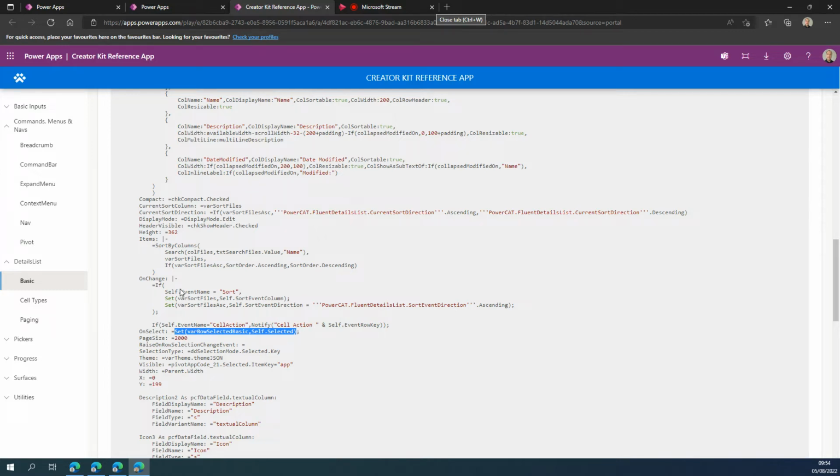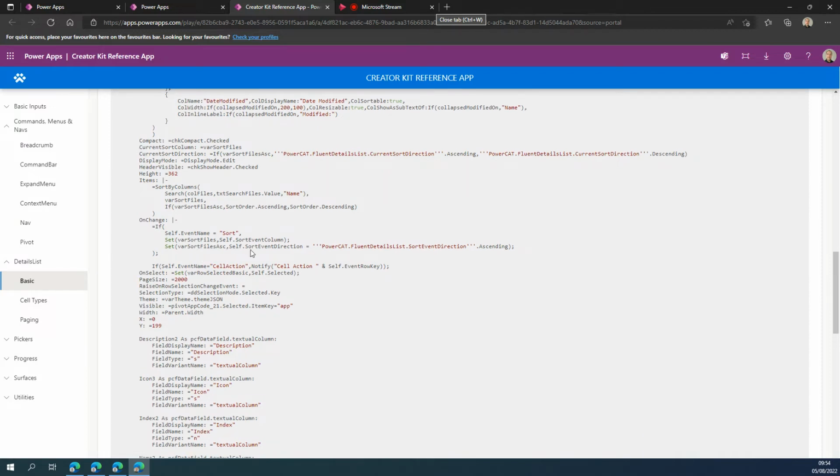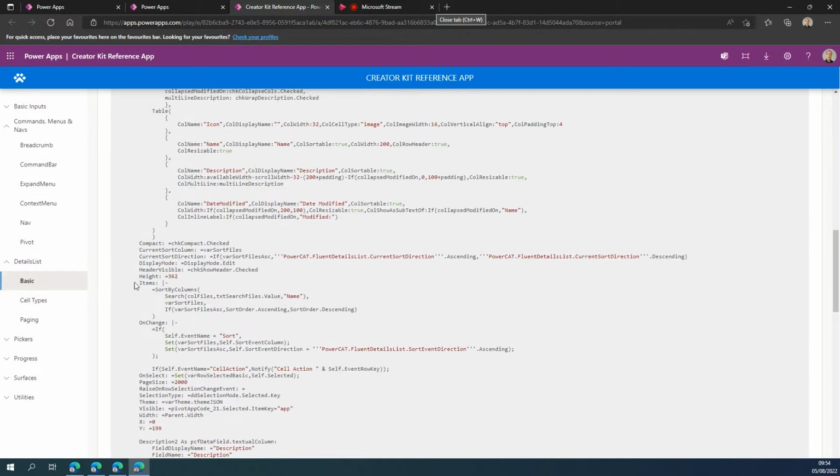But, and I could be speaking out of turn here, I'm speaking as I'm working through it in my head. The on change, similar to the self item key that we did for the pivot control, you tap into the event. So if we look at on change here,